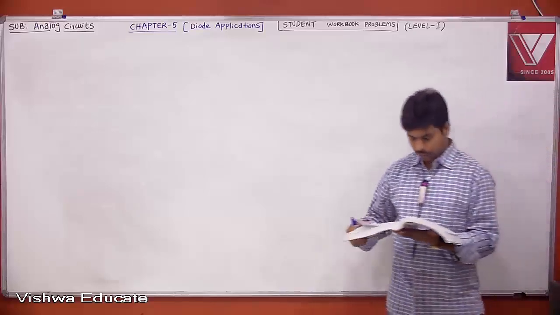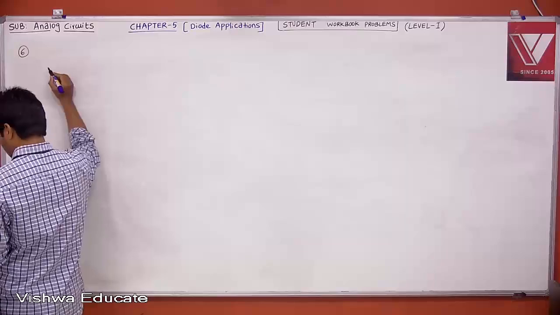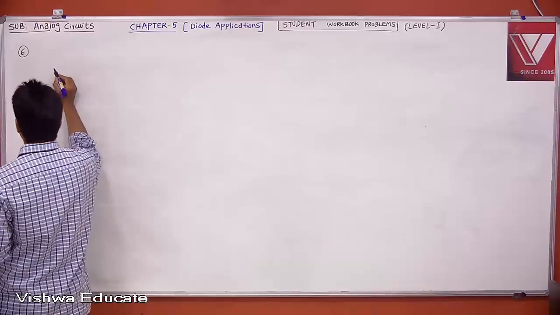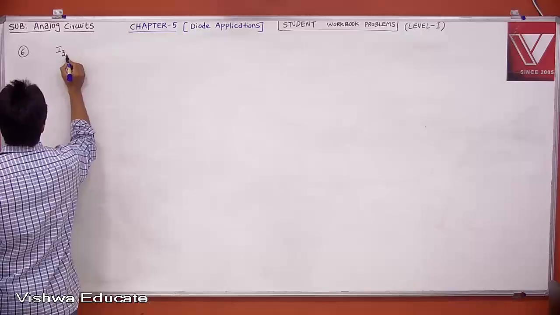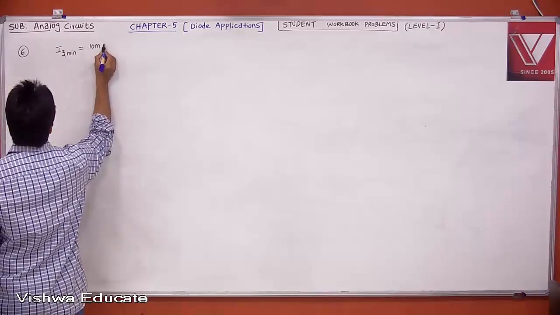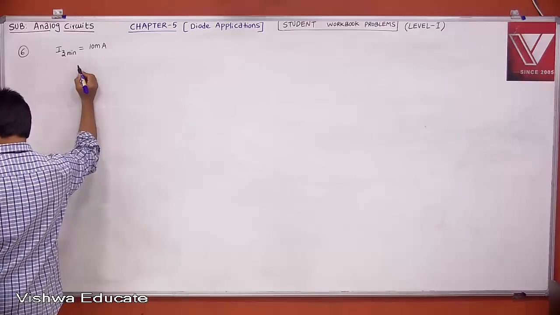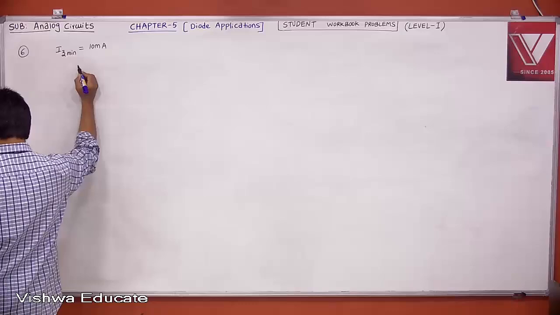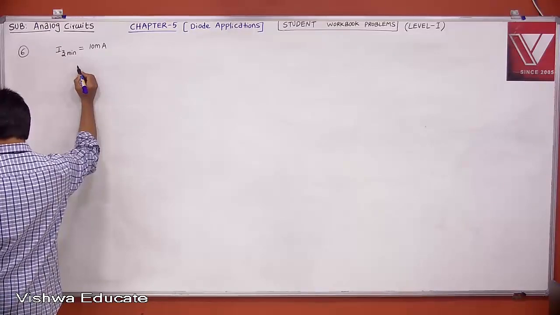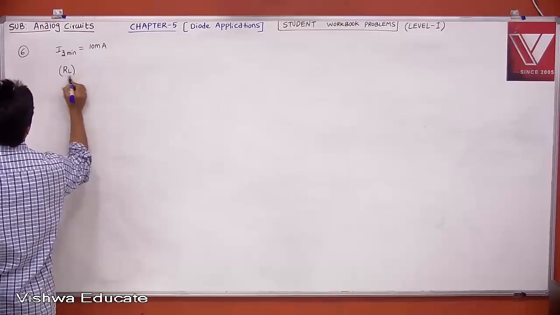In the circuit shown below, the knee current of the ideal Zener diode is 10 milliampere. Knee current is nothing but IZ minimum, which is 10 milliampere. To maintain 5 volt across RL, the minimum value of RL and the minimum power rating of the Zener diode are respectively. Asking for RL minimum